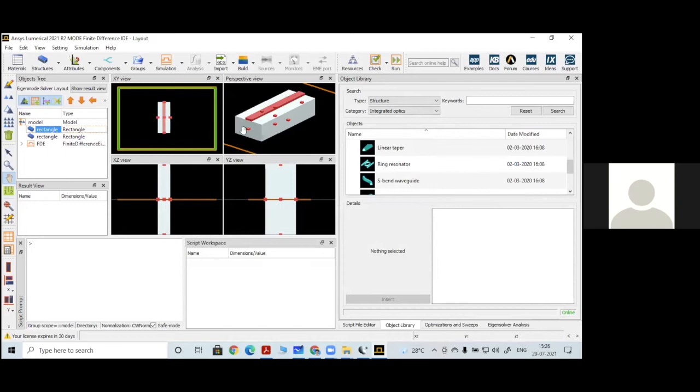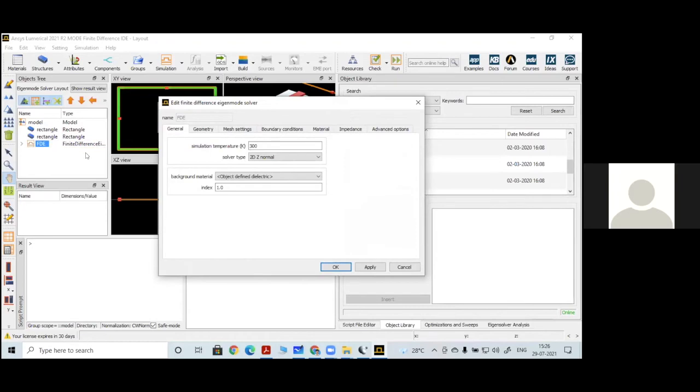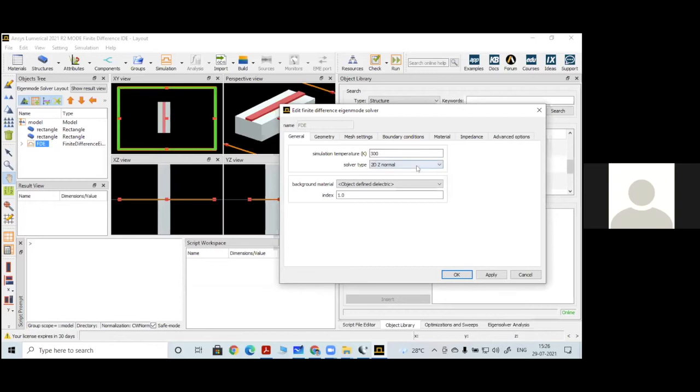Now the propagating direction is along the y-axis. So in this direction, I should know what my E field confinement is, what my H field confinement is, and what the various power density parameters are. For that purpose, if I first right-click on the FDE solver, it will first ask where exactly you have to place this solver type. It will show the first one as temperature.